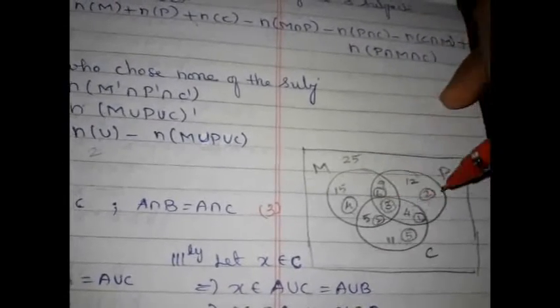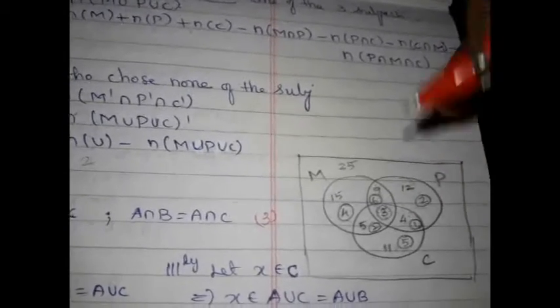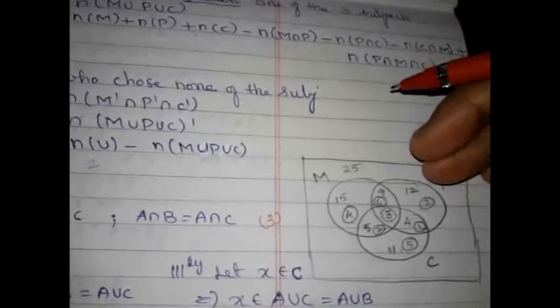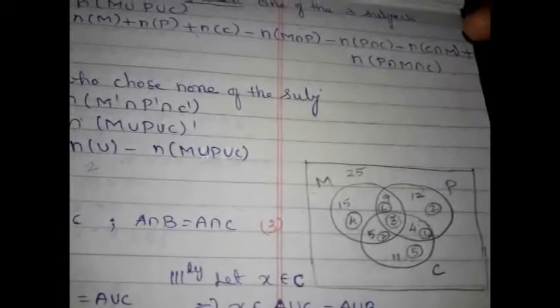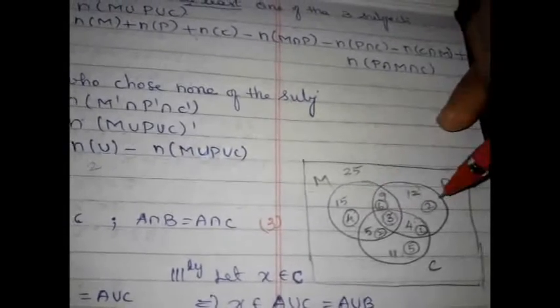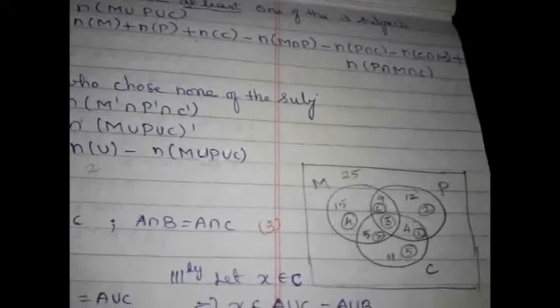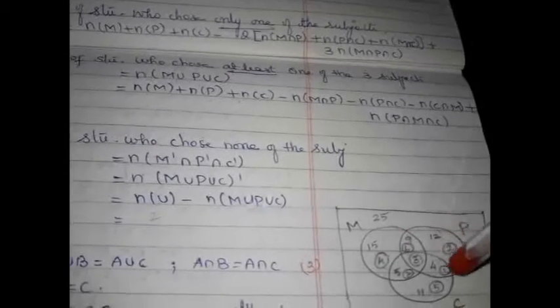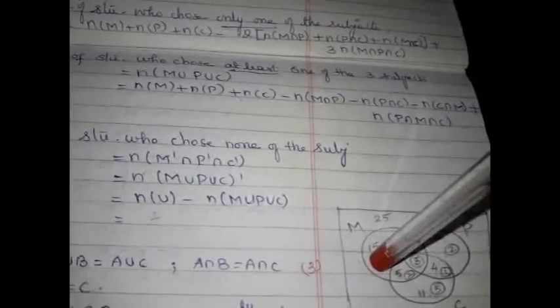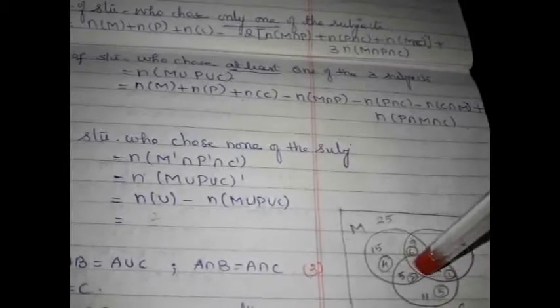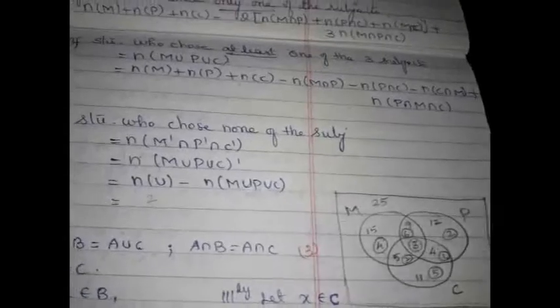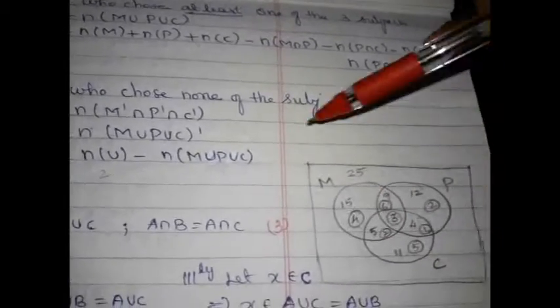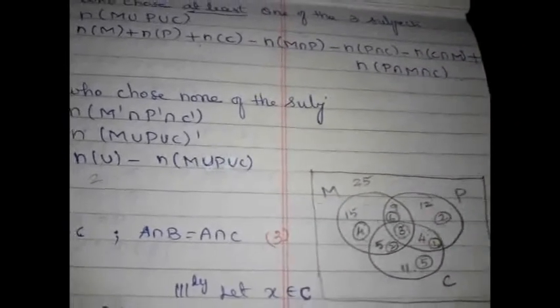The same way these three you have to add and subtract, right? Then now you can answer all these questions easily through Venn diagram. The number of students who opt only one subject means this 4 plus 2 plus 5, right? That's why the formula has been like this: n of M plus n of P plus n of C, 2 times M intersection P you have to subtract, 2 times P intersection C, 2 times M intersection C you have to subtract, plus 3 times this, because it involves all these values. n of M means it involves everything, right? So easily you can check whether what you have done is correct or not by using Venn diagram.